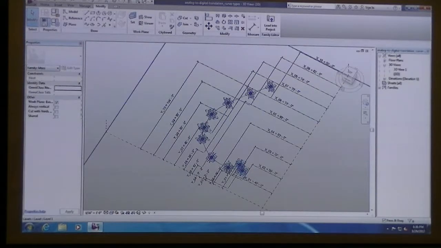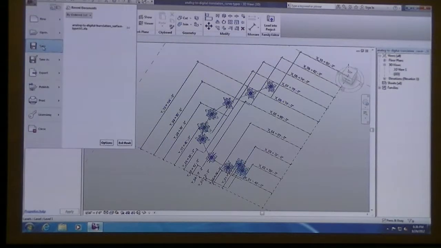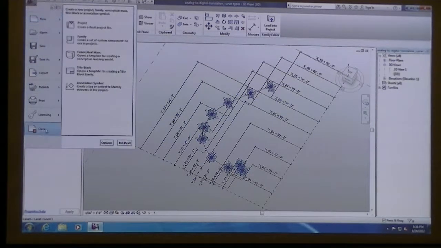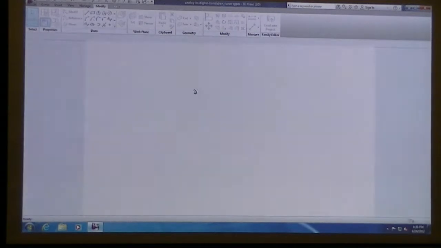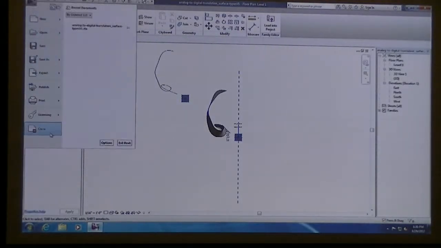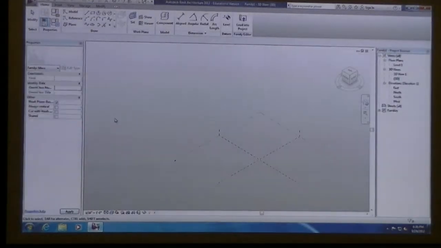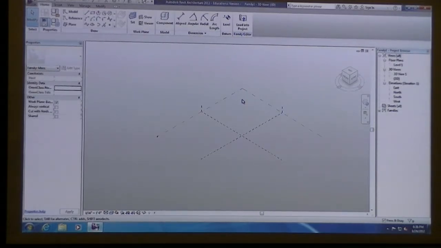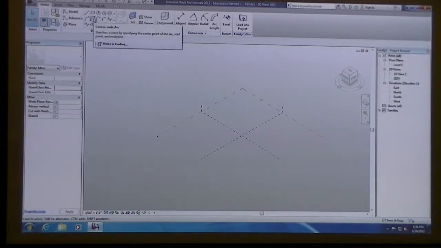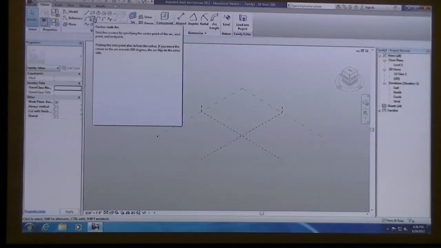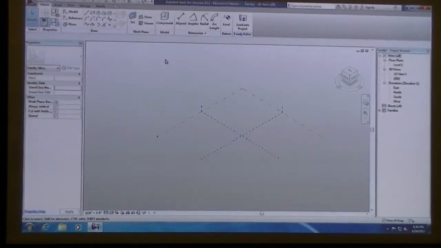Couple things I wanted to go over real quick. I'll go ahead and close out of whatever file you're in, or files. And if you just open up a plain new conceptual mass environment, some of you have asked if there's other ways to make surfaces other than just this lofted set of curves and points that we're dealing with.